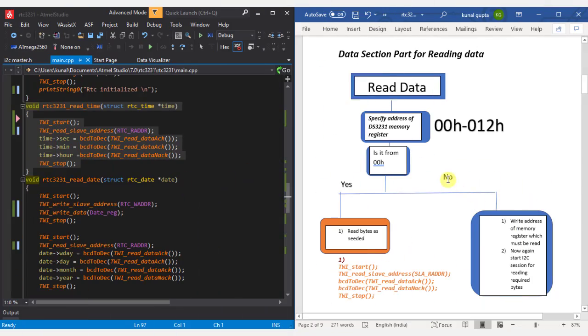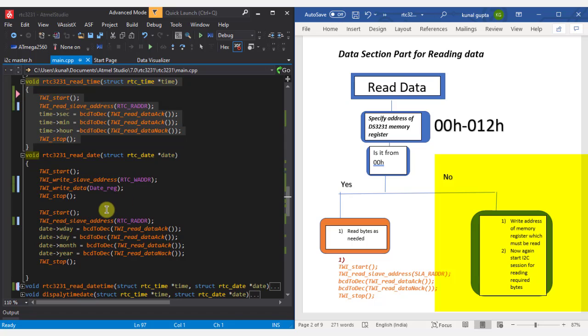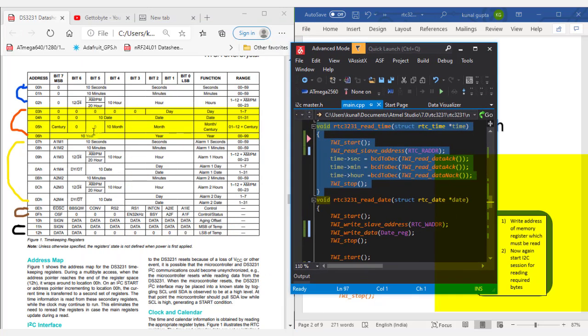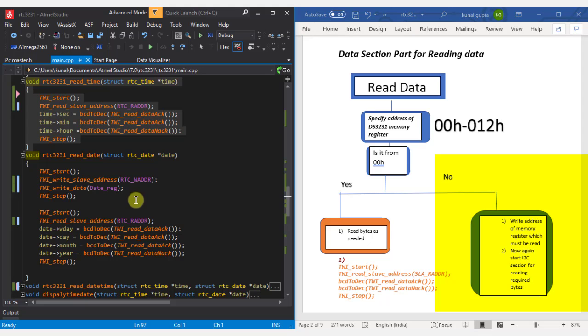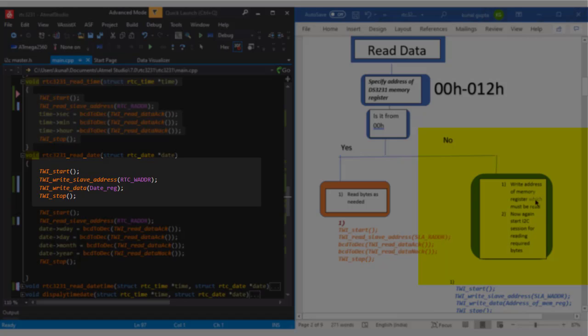Okay, now if we are not starting from 00h, that is, let's say we need to read the date, and date starts from the address 03h. In that case, we first have to specify the memory register from which we have to read, because as we are not reading from 00h, we will first write at what memory location we need to start reading.